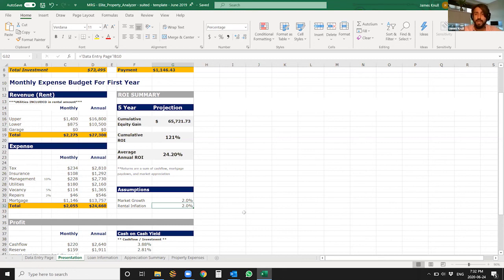Now, cumulative equity gain basically takes those 3 items and adds them up. So how much mortgage did we pay down, plus how much cash flow did we earn over a 5-year period, plus how much market appreciation did we get. We take those 3 pieces, we add them up into a grand total, and that's our cumulative